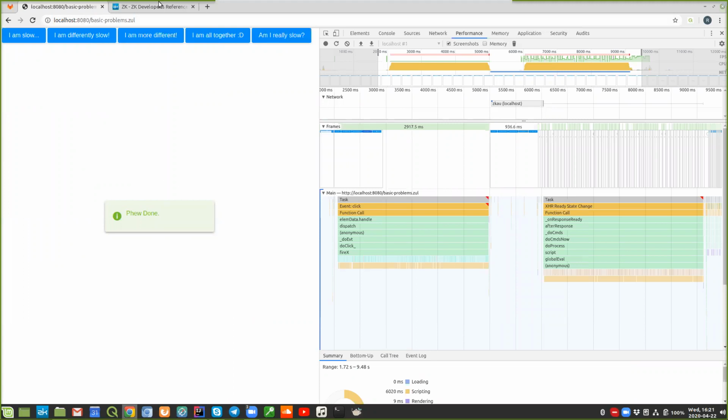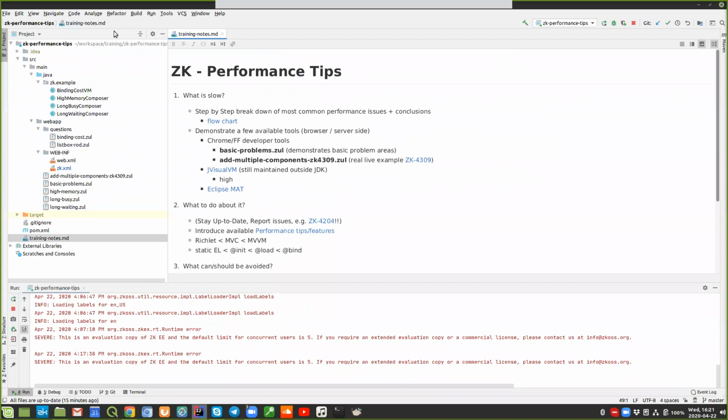Let me check my training notes here. So, demonstrate a few available tools in the browser, in Chrome, Firefox. Firefox has similar tools, but I still prefer the developer tools of Chrome just because I'm more used to them and I can read them more easily. Firefox, of course, is, I think, a bit more advanced on the CSS side, and Chrome is a bit more advanced on the JavaScript side. But if you need to debug or profile Firefox, of course, you can't use Chrome for this. So now the real